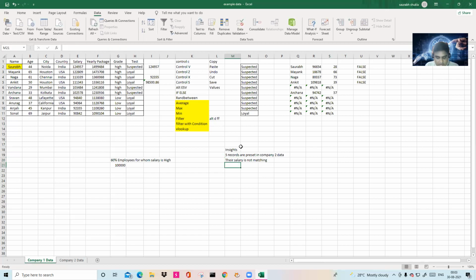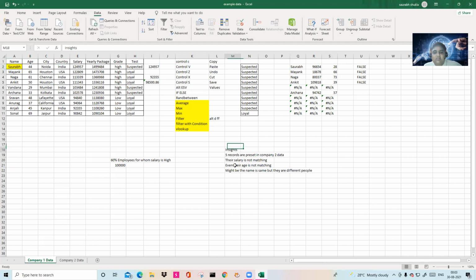Third insight is that even their age is not matching. Then the conclusion I have made: might be the name is same, but they are different because their attributes are not. How can one person be 44 and the same person be 28 years old? So might be this is number 1, this is number 2. These two are different guys.